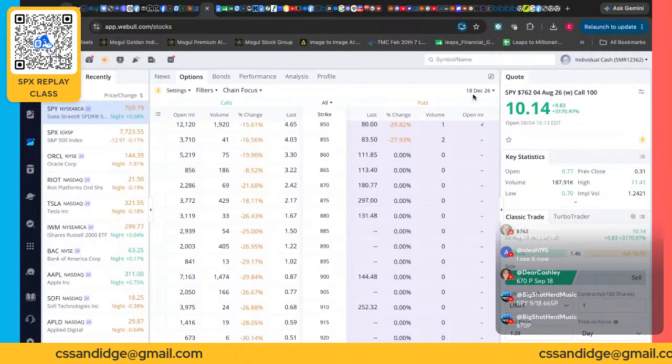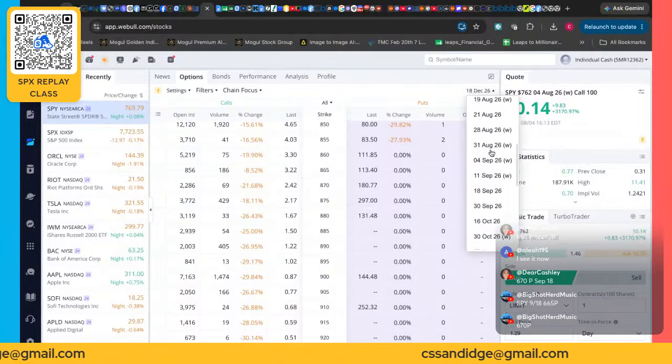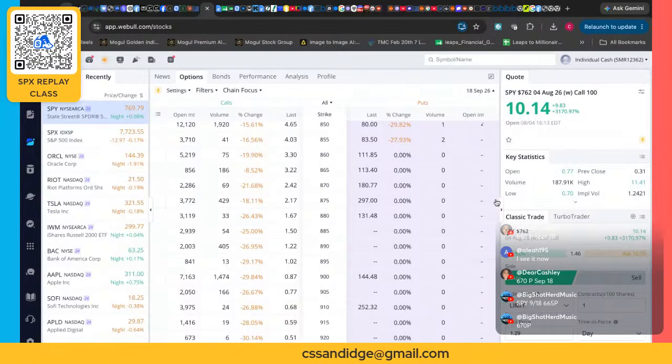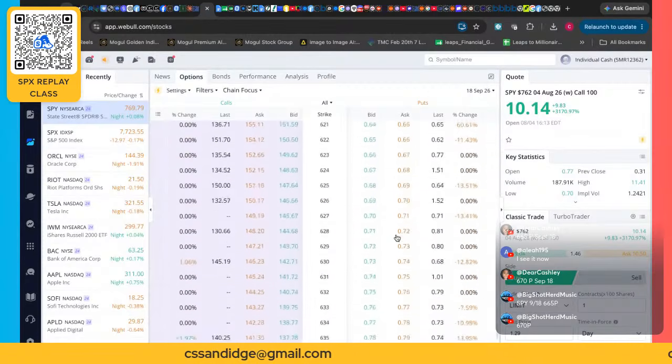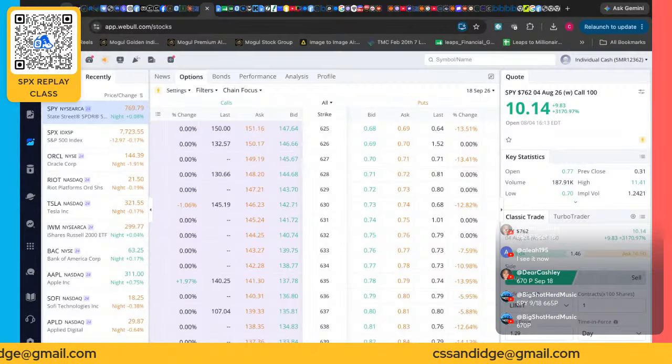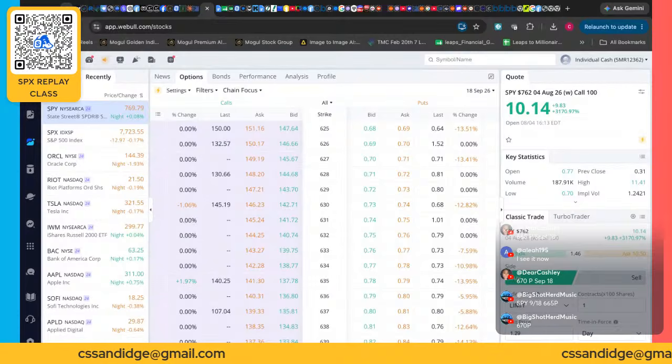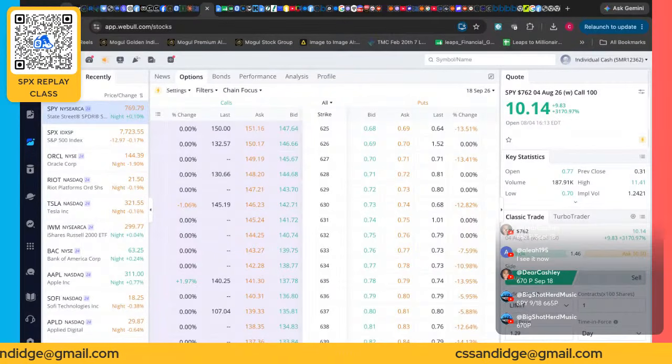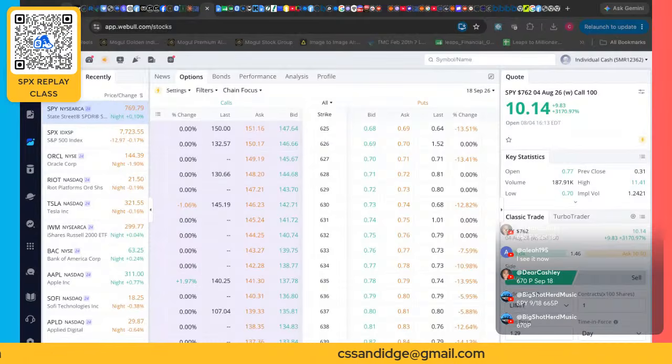Now, I do want to say, caveat, this is for educational purposes. This is not financial advice. But when I tell you guys to add these contracts, that doesn't mean it's going to drop to 700. It doesn't mean it'll drop to 670. All we need is for it to go toward our particular strike for us to make money. A lot of times y'all get hung up on the strike. So if I tell you 769 put, you're holding SPY until it hits that level. It just needs to go toward it for us to make some money. Does that make sense?